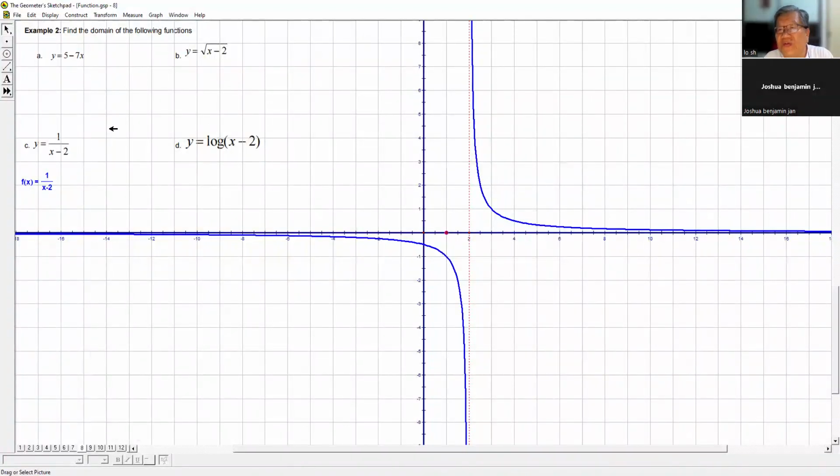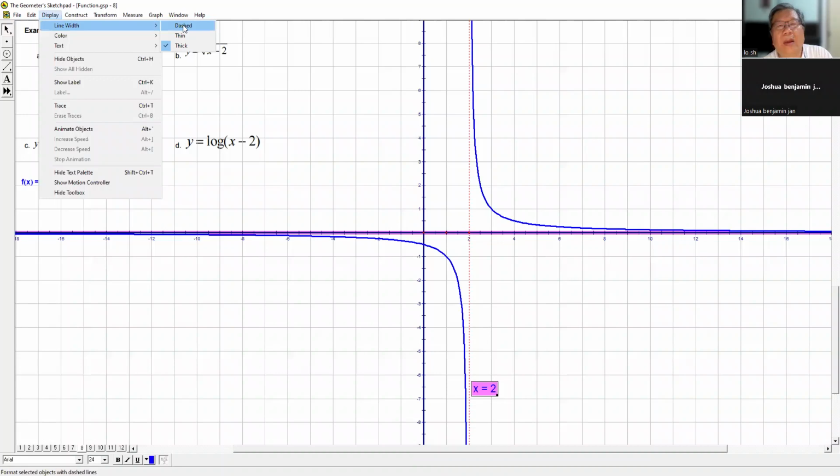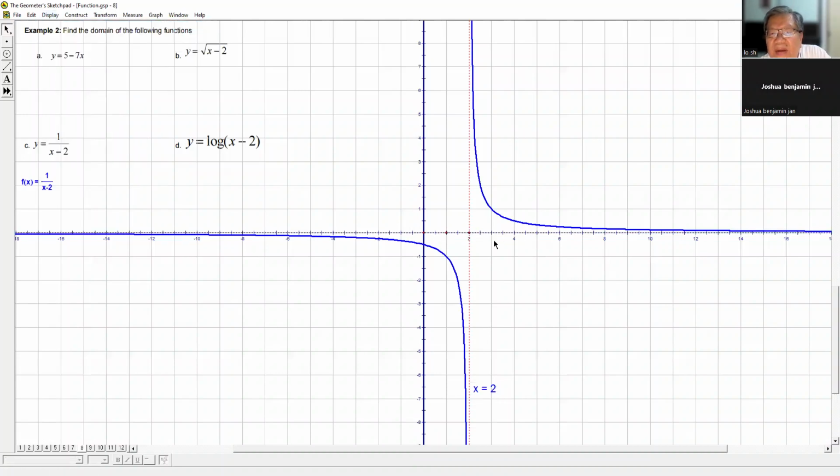Now this graph actually consists of two parts. One part is at the top here, and another part at the bottom here. In between these two parts of the graph, there are two lines. One line is this dotted line, red in color, and this line is actually x equal to 2. Then another one is this black line here, the x-axis. So this blue line